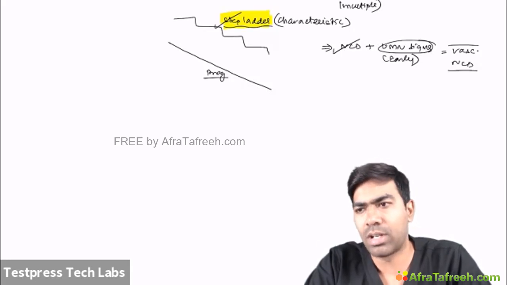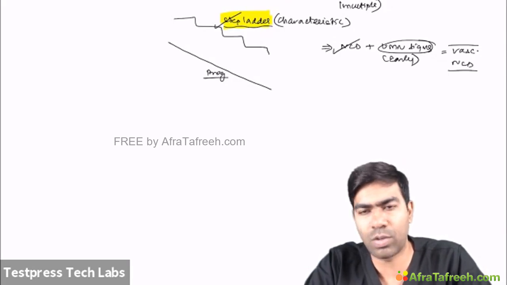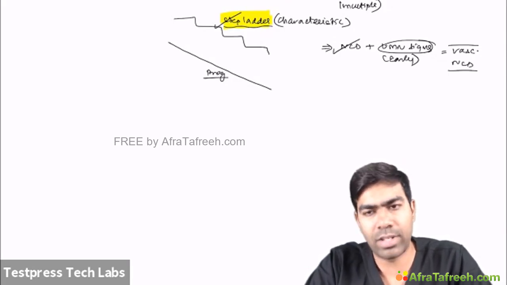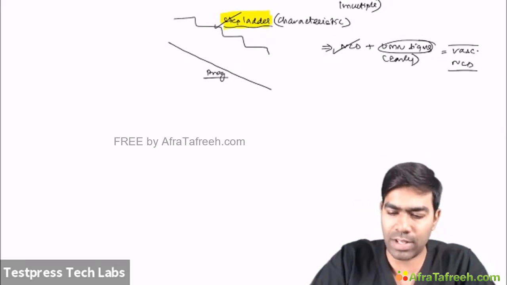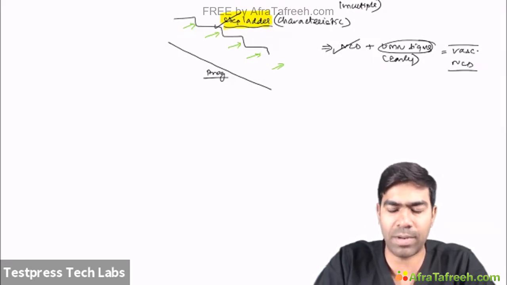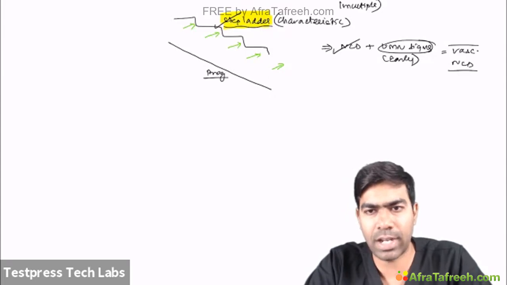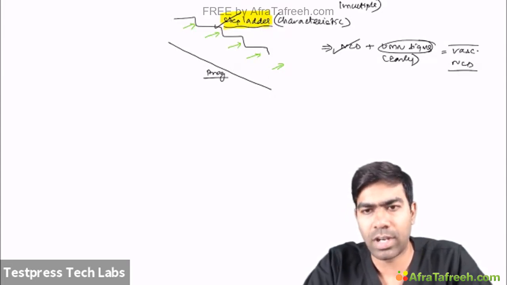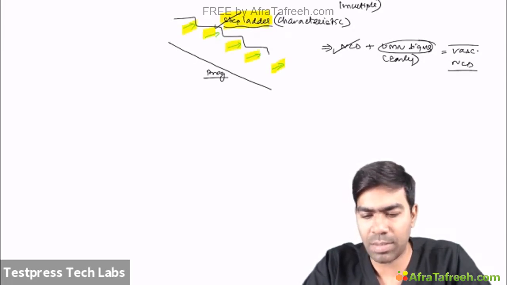Treatment-wise, you can use anti-dementia drugs, which I have told you before, but it's not going to work that much. But nevertheless, you can give. And at the same time, you have to prevent subsequent strokes, because at every vascular event, they deteriorate further and further. That's why that classical step-ladder pattern of deterioration is there. So prevent further strokes by giving proper secondary prophylaxis to these individuals and risk modification, as I told you just now. So at every event, they have this step-ladder pattern of deterioration.